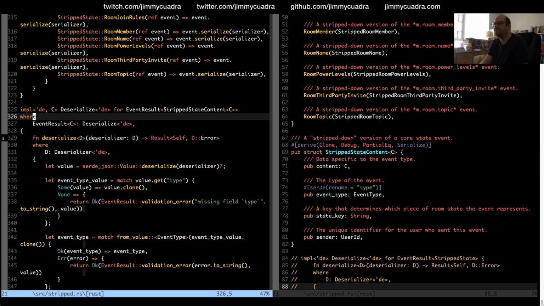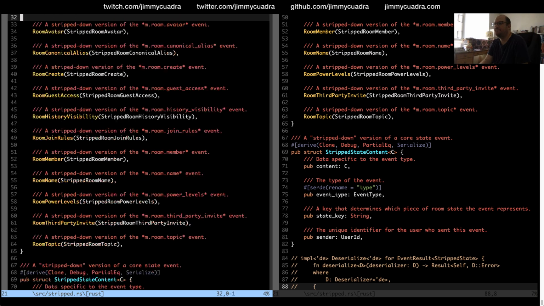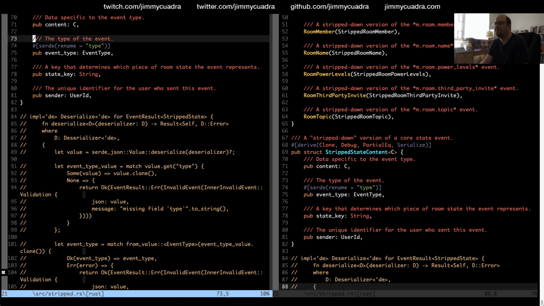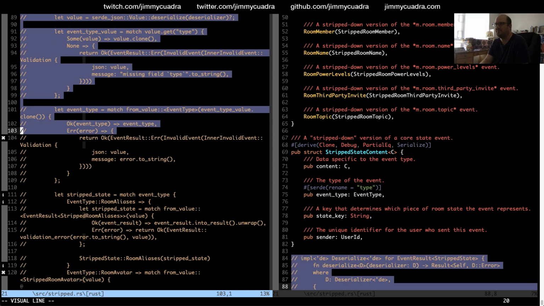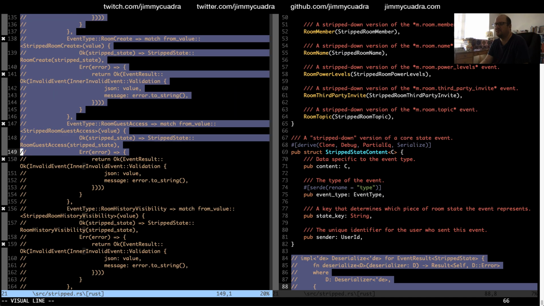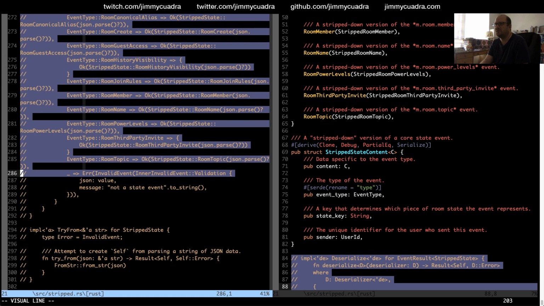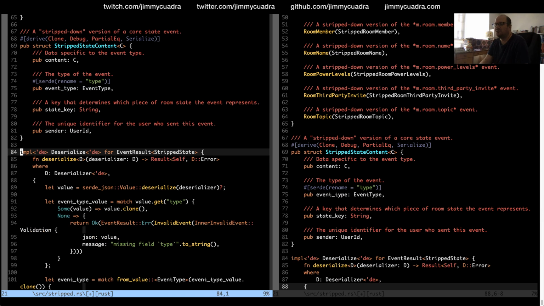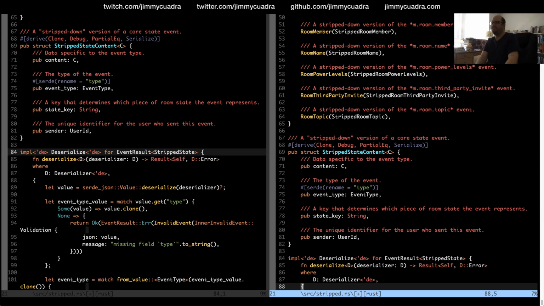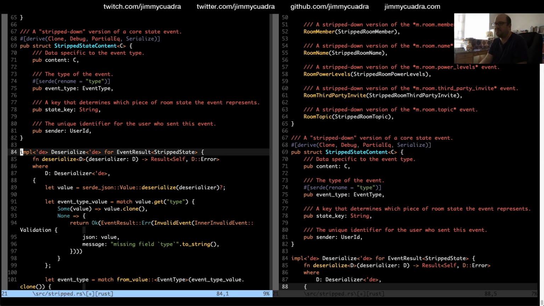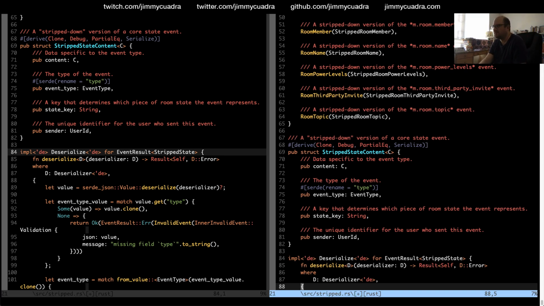Yeah. So I think, yeah. So we actually want to do this implementation and not the other one, which is really unfortunate because I wrote so much code for this. That's the downside of boilerplate, every time you have to make a change, you got to do it a bunch of times.